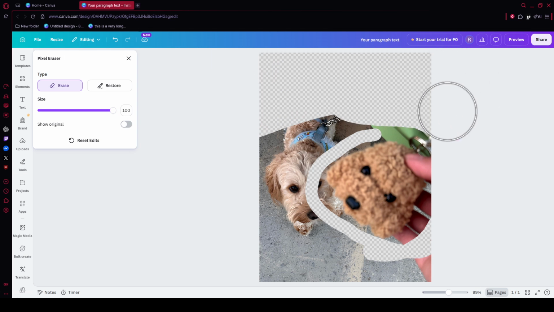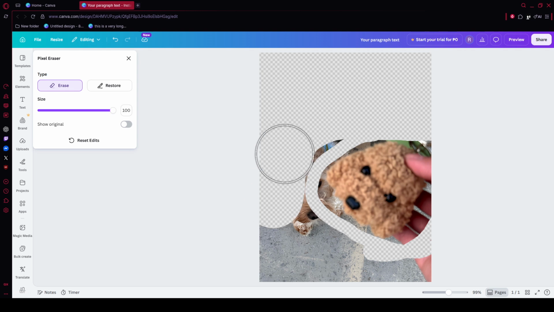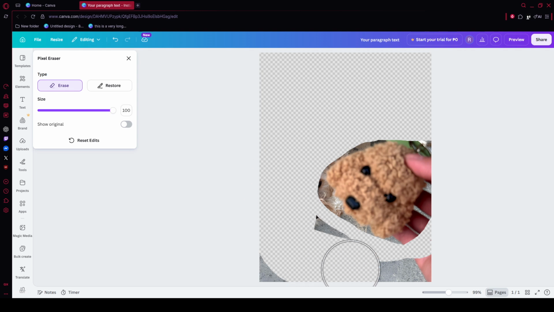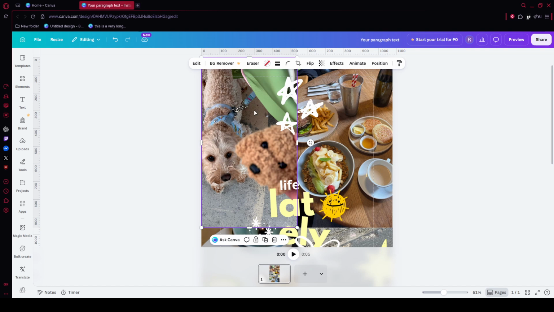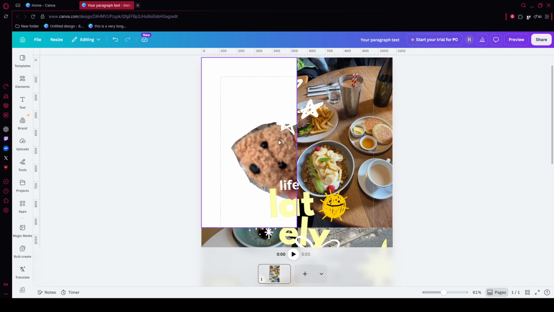Canva will process the image and replace that area using the surrounding background. In most cases, it only takes a few seconds. Once you're happy with the result, click the back arrow in the left panel to apply the change. If you're working with other design elements, you can move them around and use Canva's alignment guides to keep everything